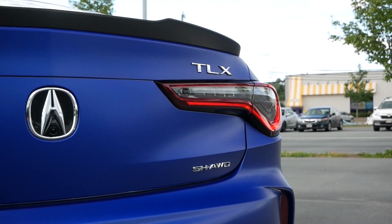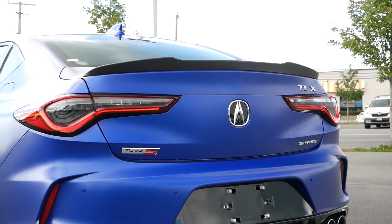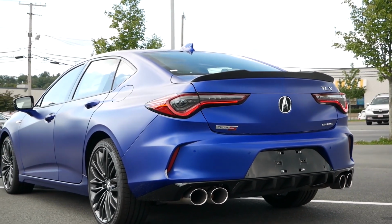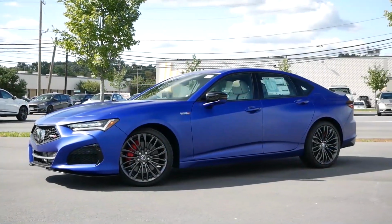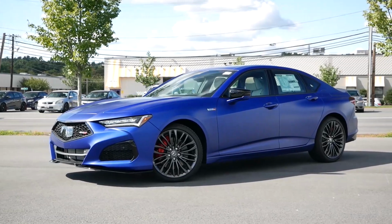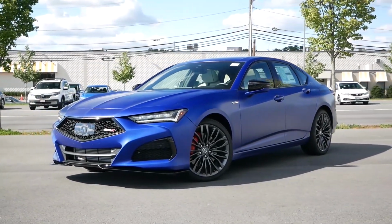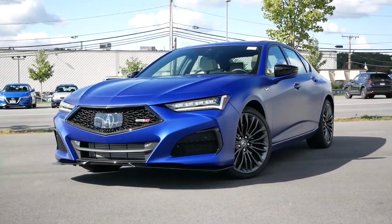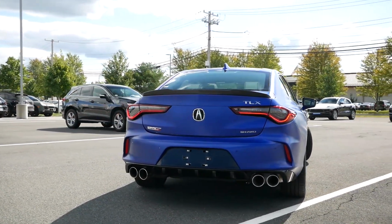The 2020s have seen the revival of a handful of nameplates that were discontinued decades ago or have been long forgotten. And one badge that many enthusiasts are excited to see make a return is the Type S. Now being the moniker that differentiates the performance variant from standard models, Acura is preparing themselves to go head-on with the Germans, as the 2022 TLX Type S is here to add a new twist to the compact sports sedan